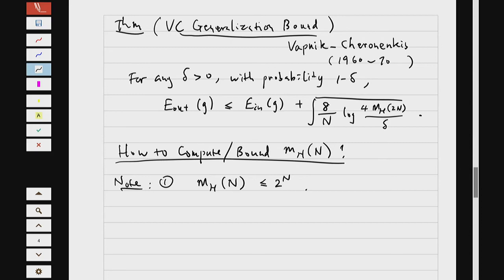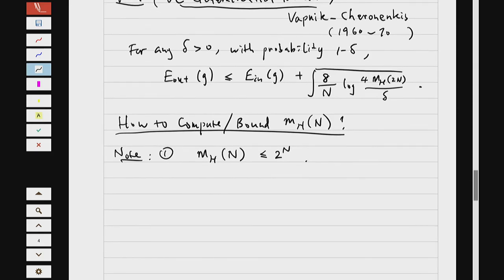And one major contribution of VC is that they provide this bound, which is a polynomial in M, based on what's called the VC dimension of your learning model. Okay, so let's get there. Second thing to note, to get to a better bound than this, is